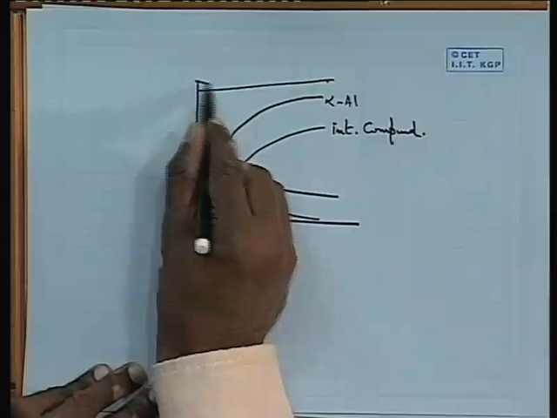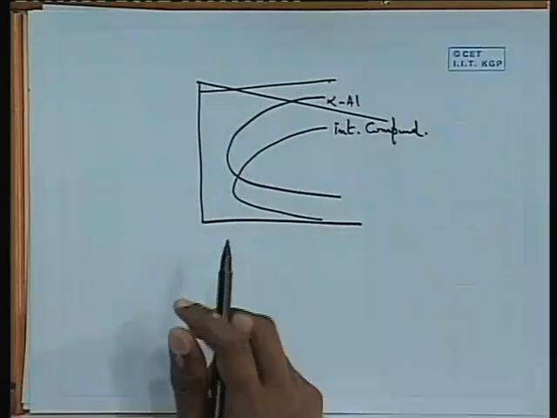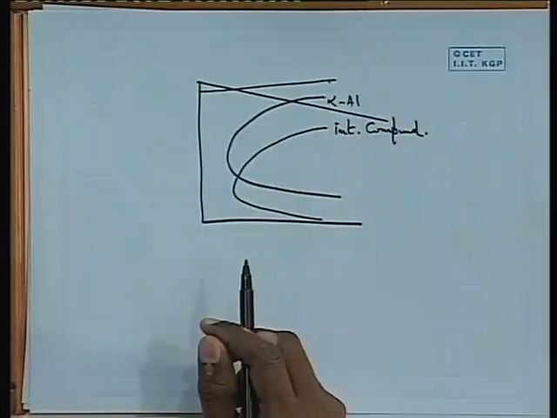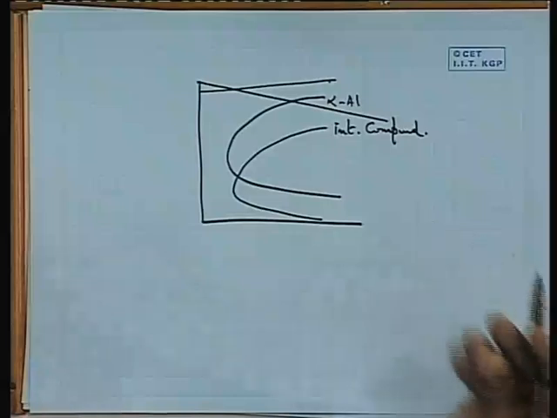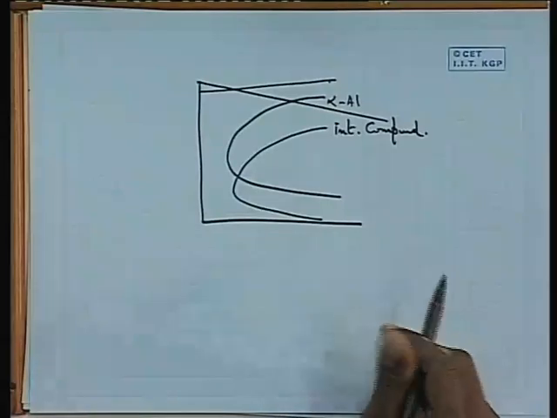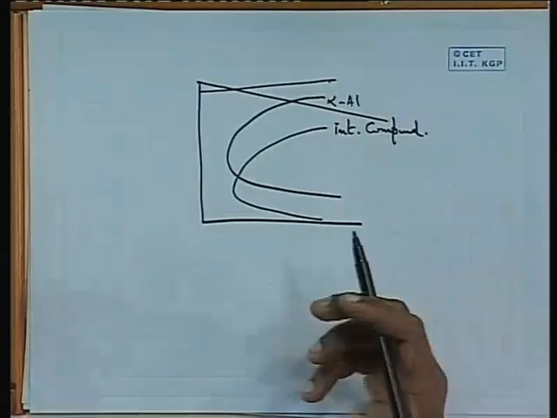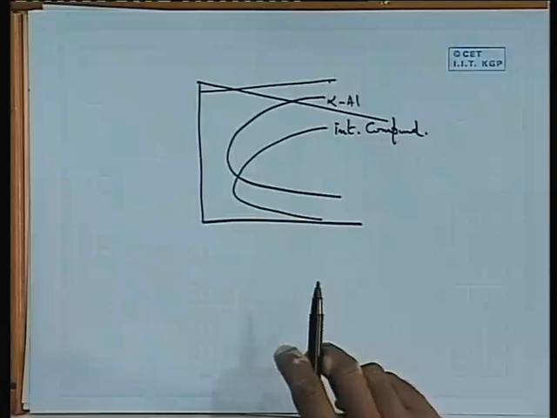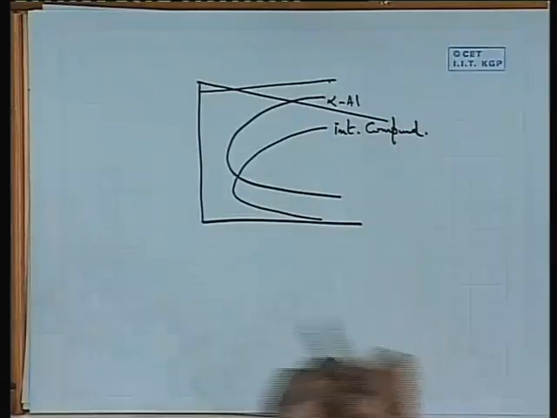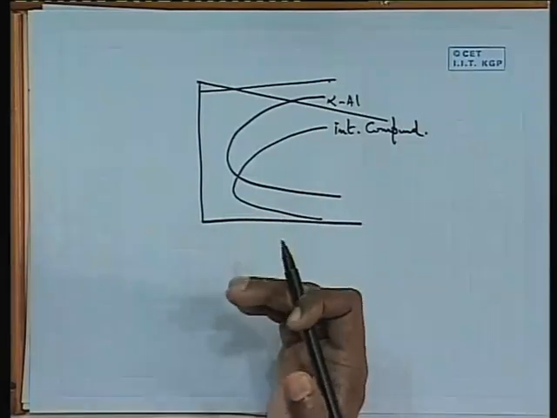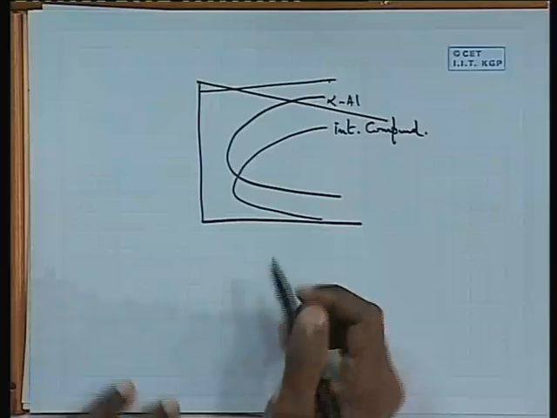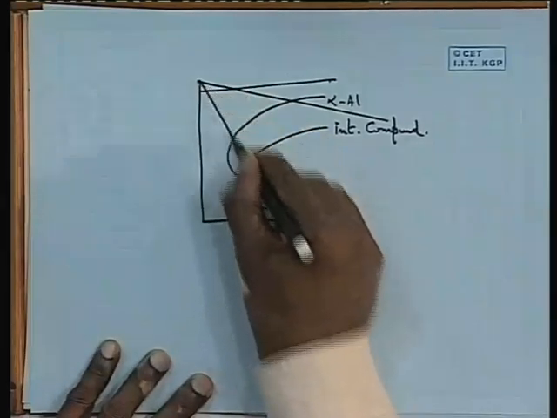If you cool it very slowly, you may end up with alpha aluminum, because that is the easiest to nucleate in an aluminum alloy, because alpha aluminum is nothing but FCC aluminum. So it is very easy to nucleate, whereas intermetallic compounds are much more difficult to nucleate. But if you can have a cooling rate something like this,